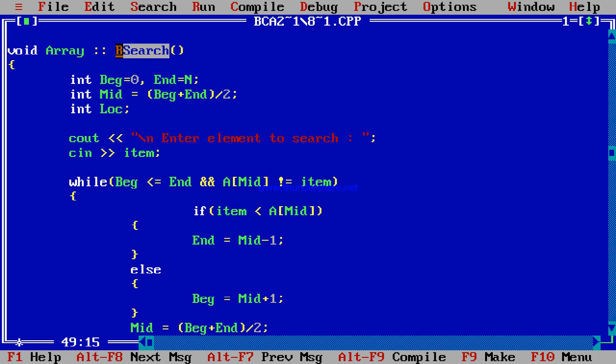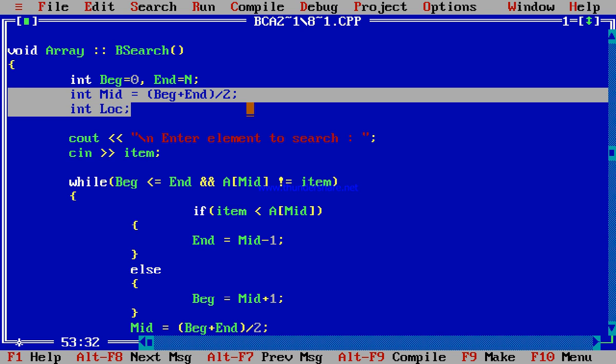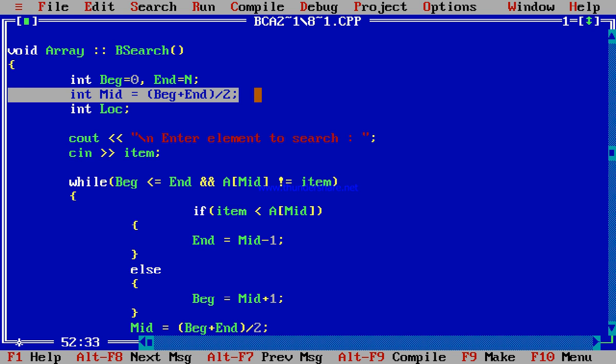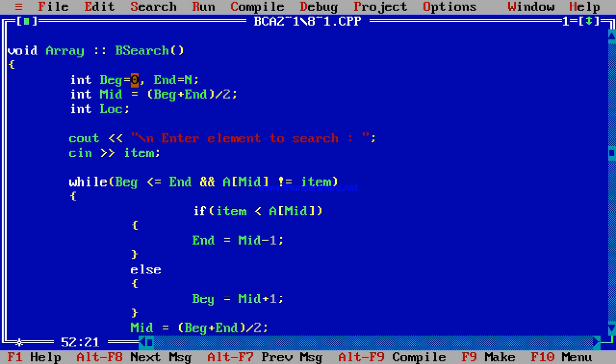According to the binary search algorithm we have to calculate the mid. And how to calculate the mid? For calculating the mid, there is one formula: beginning plus end divided by 2. Here beg means the first position of the array, and end means the last position of the array, that is n.